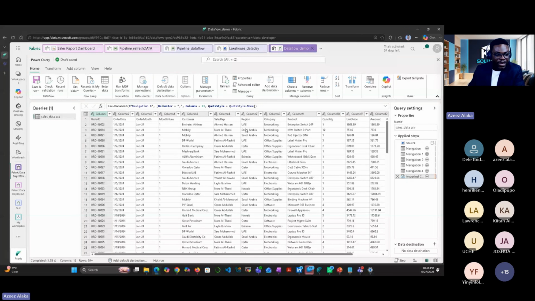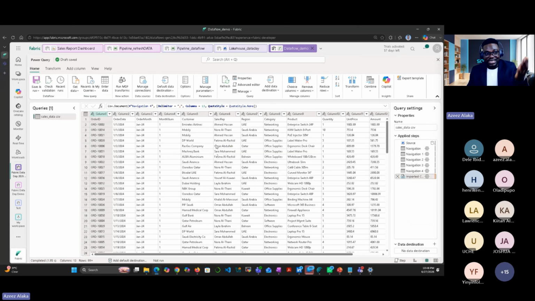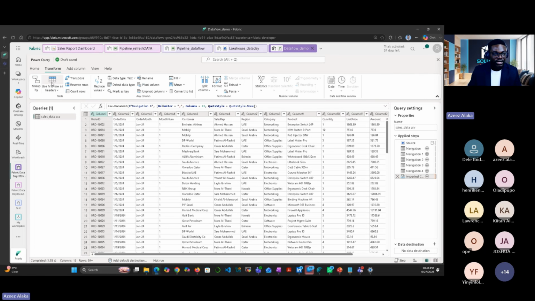Now, before we saw how it was from here. If I click on it here, you see, comma separated. Now when you get to Power Query, which is Dataflow Gen2, you see the other name here. When you are hearing Dataflow Gen2, some people will be saying, what is Dataflow Gen2? It's actually Power Query. Until you make use of these things, you think they are difficult. It's actually not difficult. So what do we do to this now? We use first row as header. I think it's under transform. This is it here. Use first row as header.